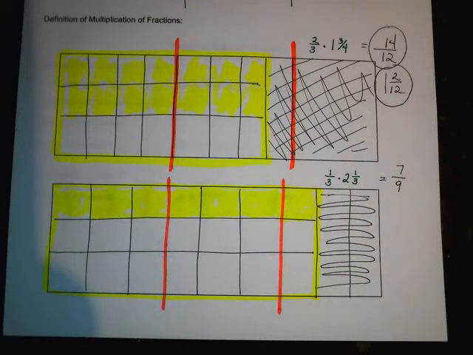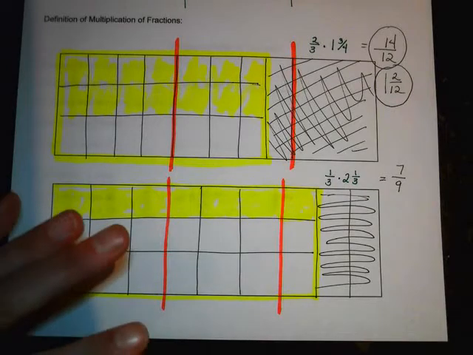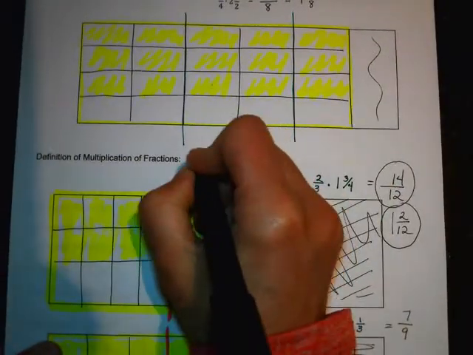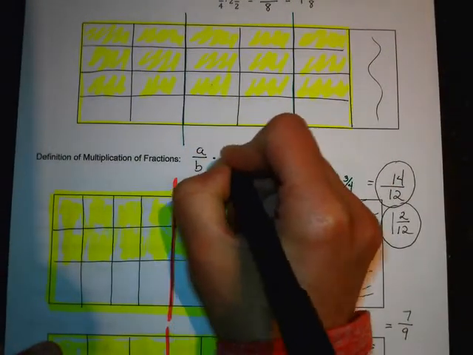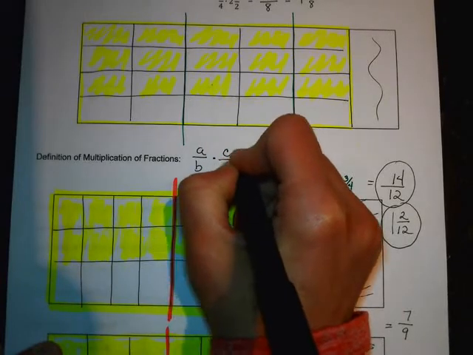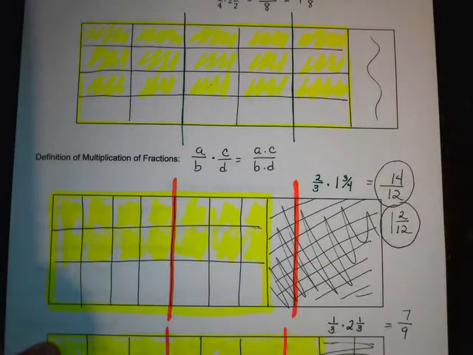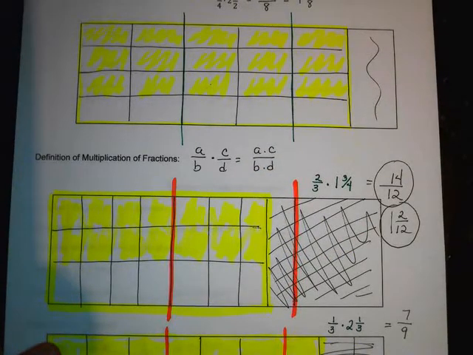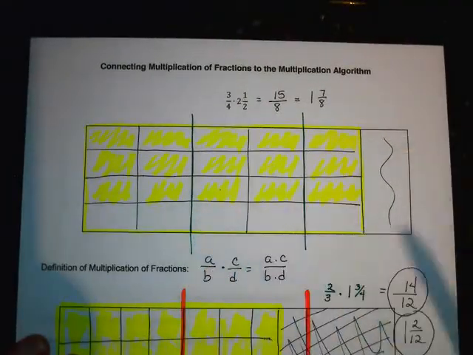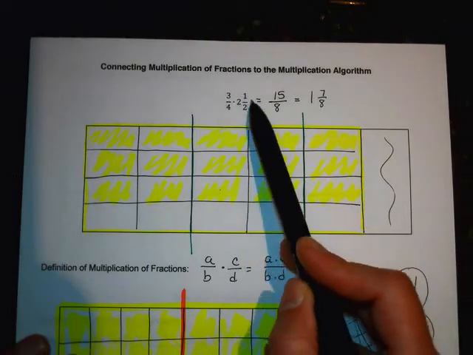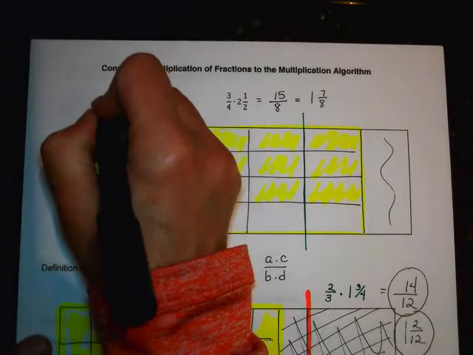So let's go over how you guys learned it and how I learned it. I was taught that if you multiply fractions, you multiply numerator times numerator, denominator times denominator, and then you simplify it. So let's check that. Now, we're going to look at the distributive property in a minute, but for old time's sake, you would have had to say 3/4 times,